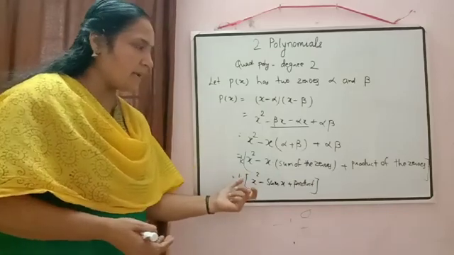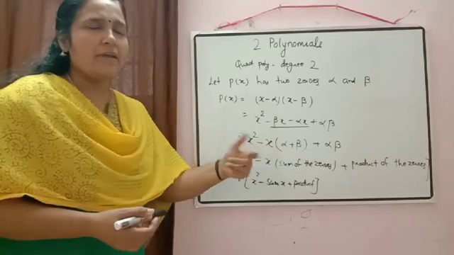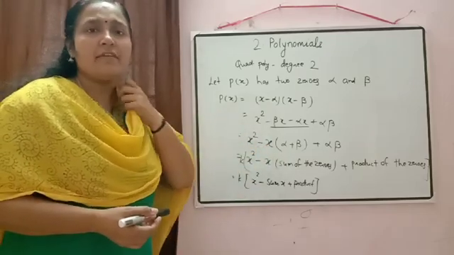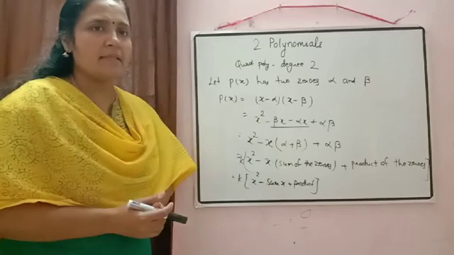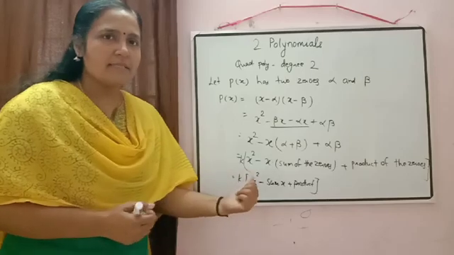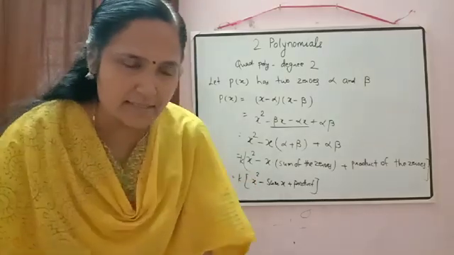Here we have taken k because if a polynomial has two factors and you multiply it by any number, no change will come in its factors. Its factors will remain the same. So that's why we have taken k here. So I hope this concept is clear. Okay, now we will solve a question based on this concept.